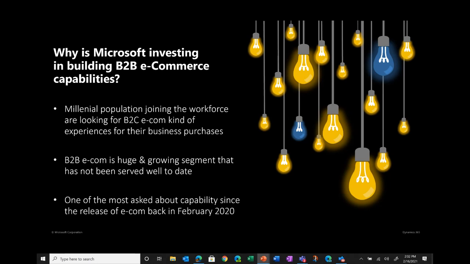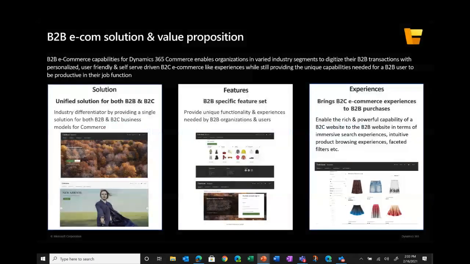So what is the solution all about? B2B e-com from Dynamics 365 Commerce is built on the same platform as the current B2C e-com solution. As a result of that, it provides organizations the capability to handle both their B2C as well as B2B e-com requirements in one single solution.